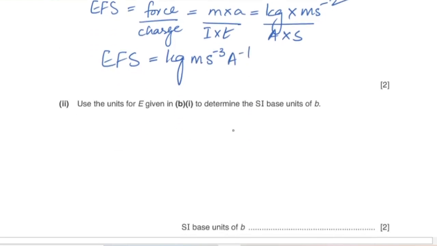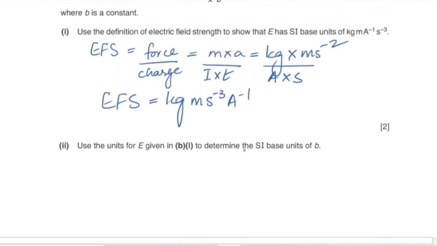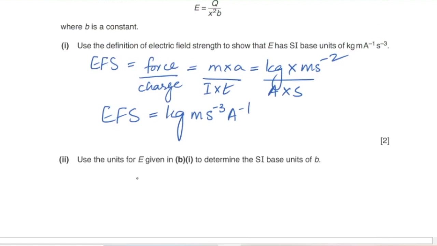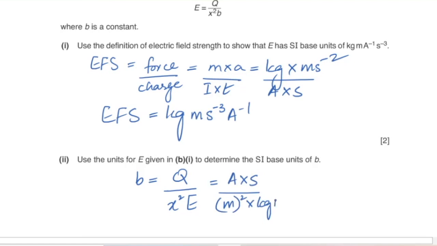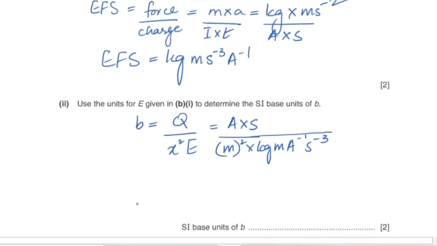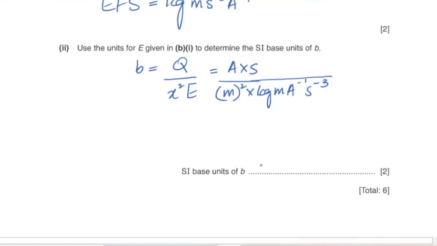Part 2, use the units for E given in B Part 1 to determine the SI base units of B. So when you rearrange your formula and make B the subject of the formula, it becomes q by x squared E, where q is ampere into seconds divided by meter square multiplied by kilograms meter per ampere per second cube. So now B has an SI base units of